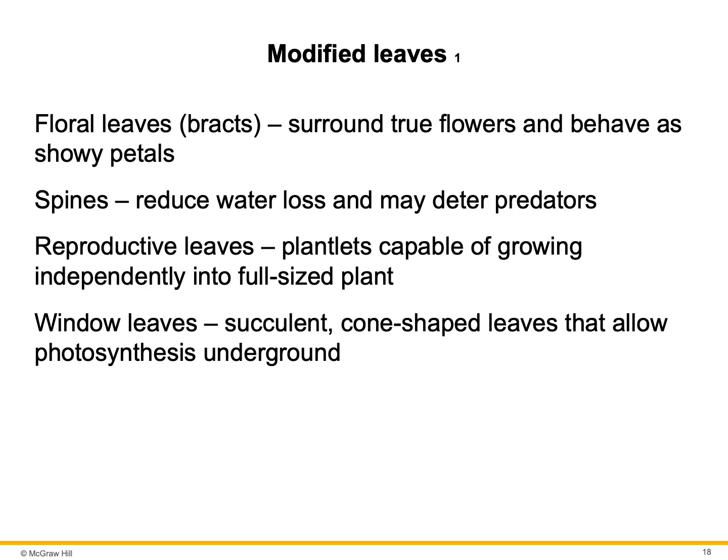And in several plants, such as kalanchoe, tiny plantlets are produced around the margin of the leaf that are capable of growing into full-size plants. So these are called reproductive leaves. And then we also have a remarkable adaptation, a modified leaf called window leaves. Some plant genera growing in arid regions, like succulents, produce these cone-shaped leaves